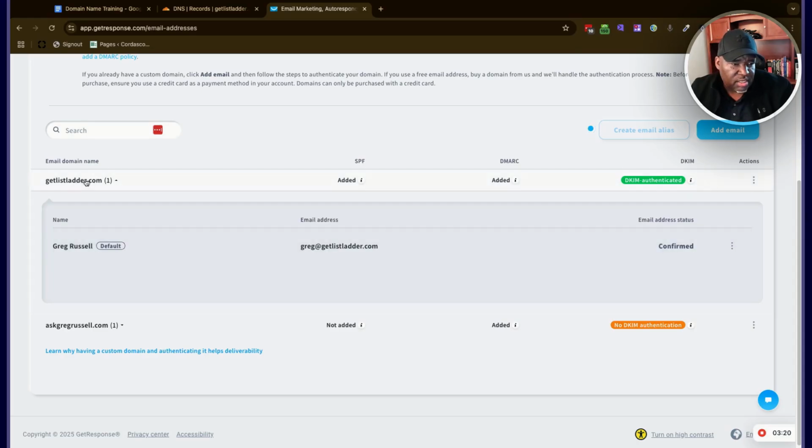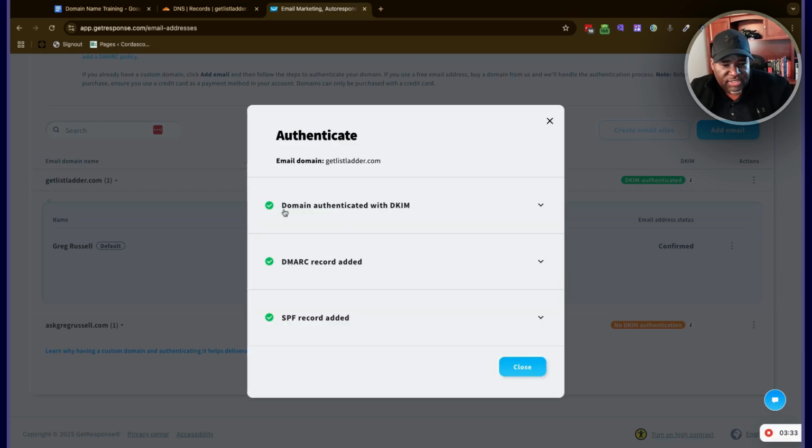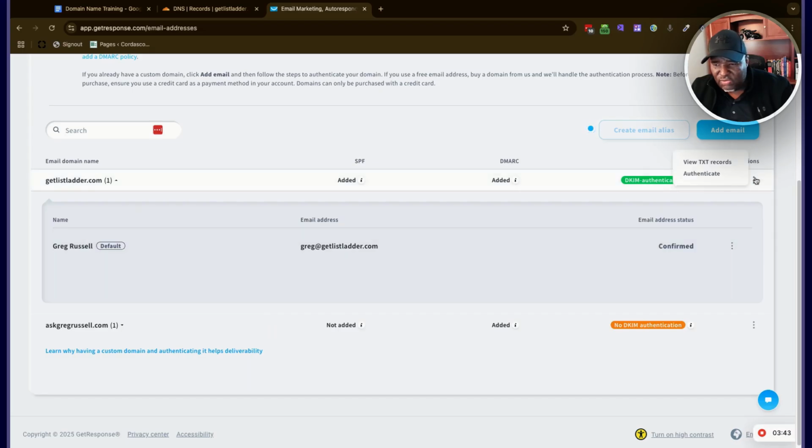Don't want to change the name. Oh, it's this. I'm clicking on the wrong one. Boom. Okay. So view the TXT record. So here are the records. These are the things we talked about earlier about what you need to do to be able to get this set up. So it's going to give us a DKIM record. It's going to give us a DMARC record, and it's going to give us an SPF record. These are all text records. I think it tells us over here, does it? Yeah, text records. These are all text records.